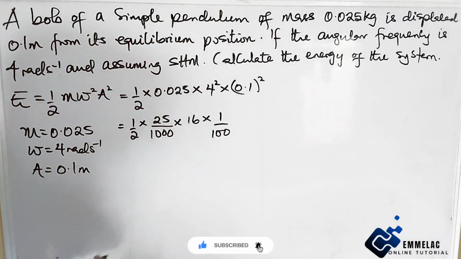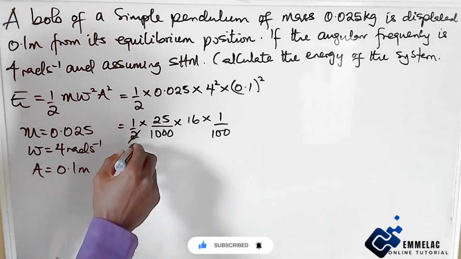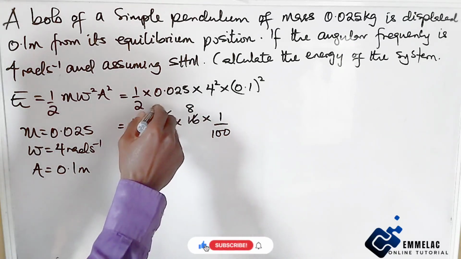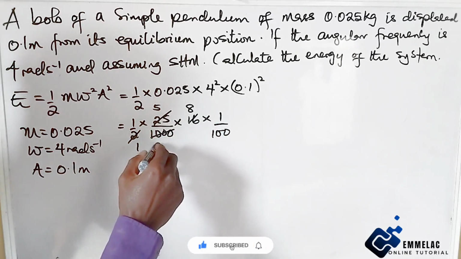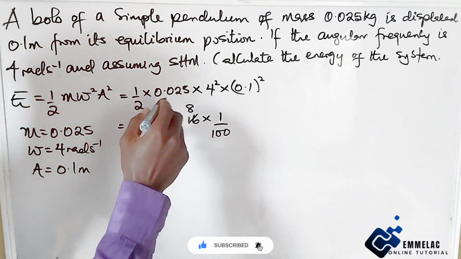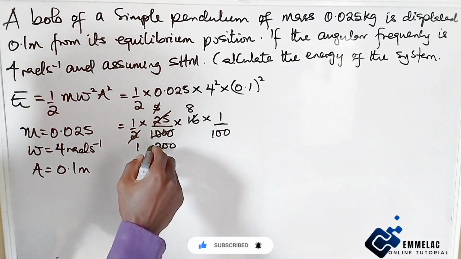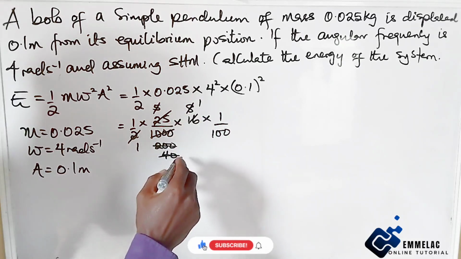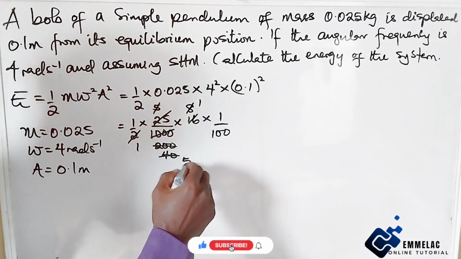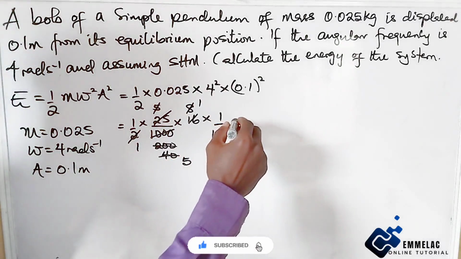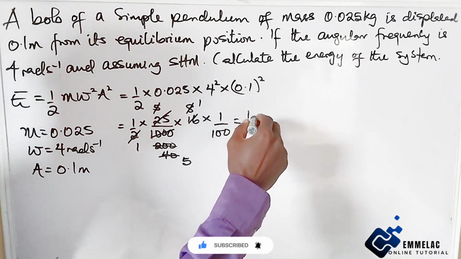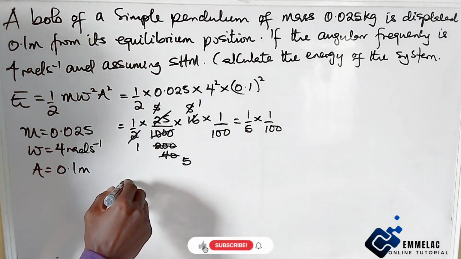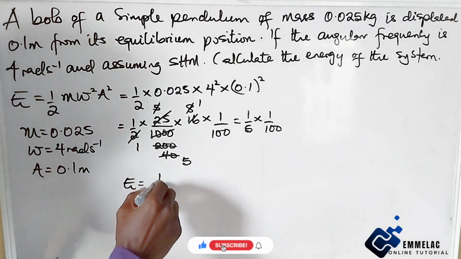Okay, right. So from here to here, 2 into 8. Then 5 here, 5 here, 200. Then 5 here, 1, 5 here, 40, 8 here, 1, 8 here, you have 5. Alright, so we are left with 1 over 5 times 1 over 100, and the energy here will be 1 over